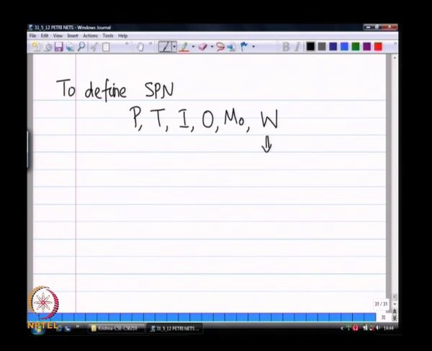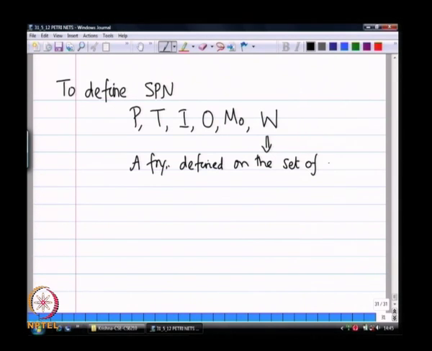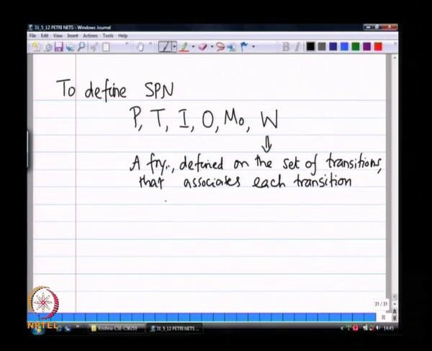This is a function defined on the set of transitions that associates each transition with the rate,